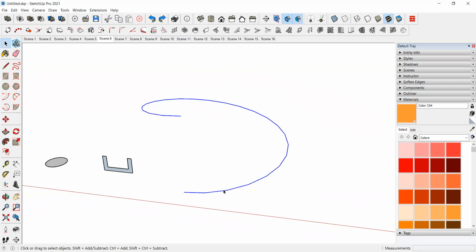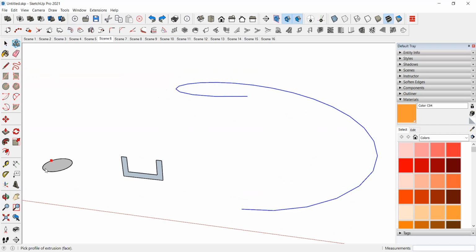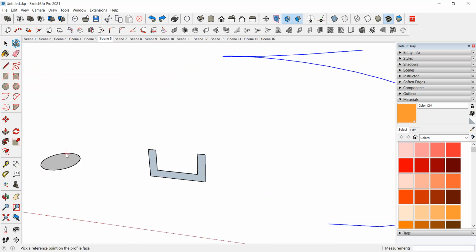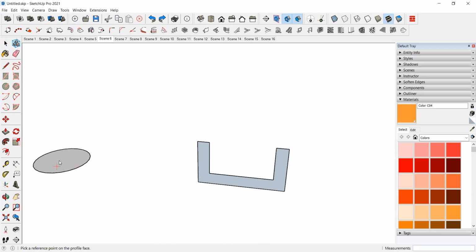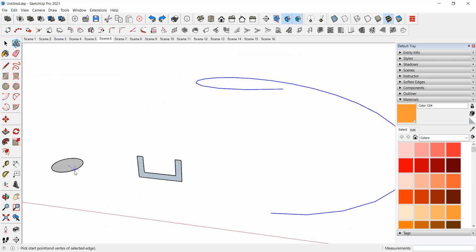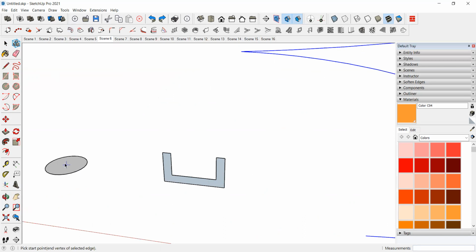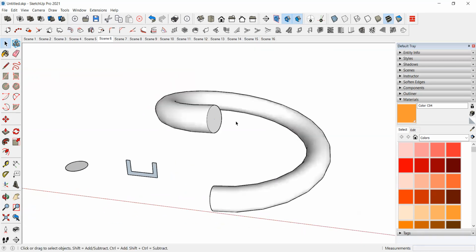First, what you have to do is select the spline line and take the tool, select the face, and after that select one reference point from the center or from the corner, wherever you want. Okay, in this way we will extrude that.